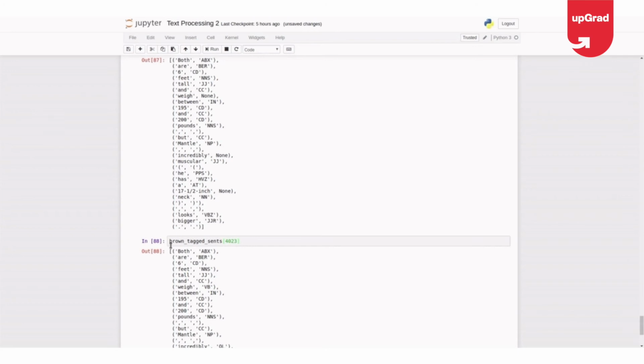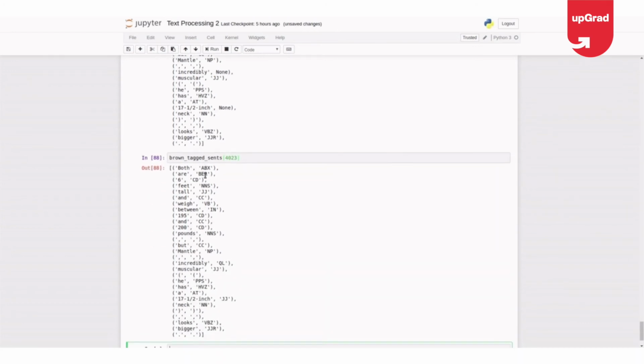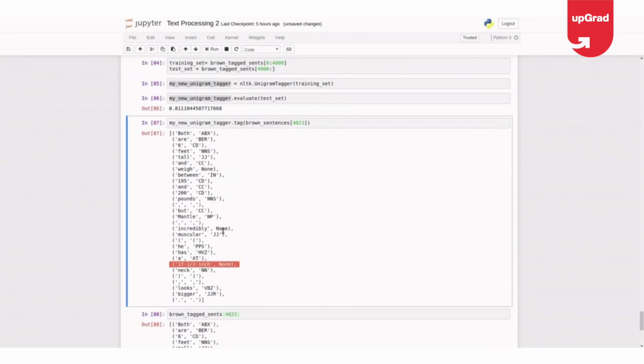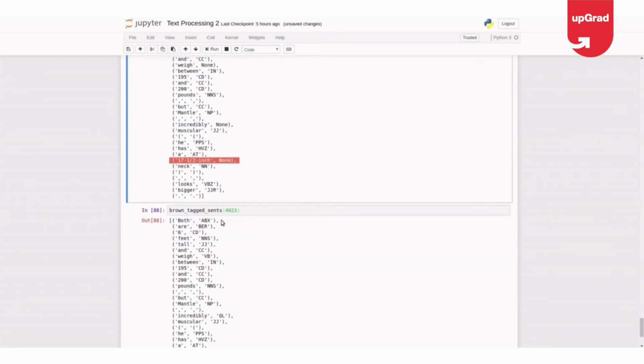If we compare, see here it is none. Here it is actually adjective. So my unigram tagger said incredibly is none, 17 1/2 inches none.